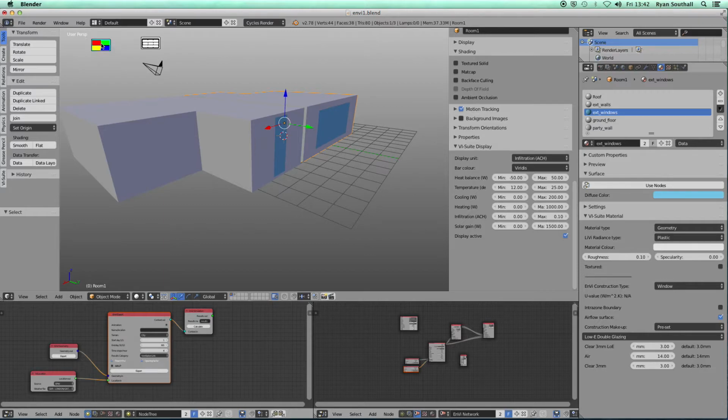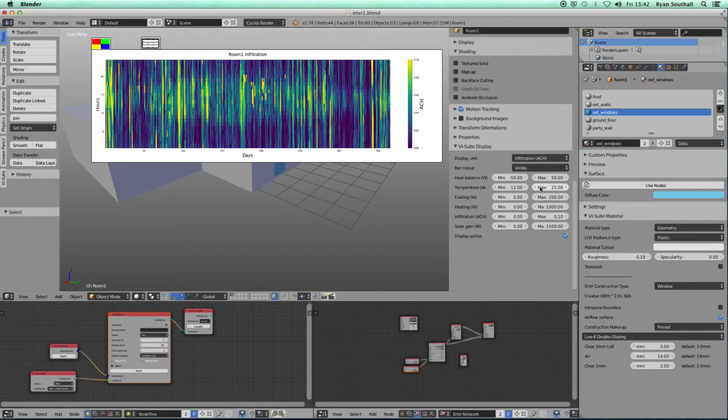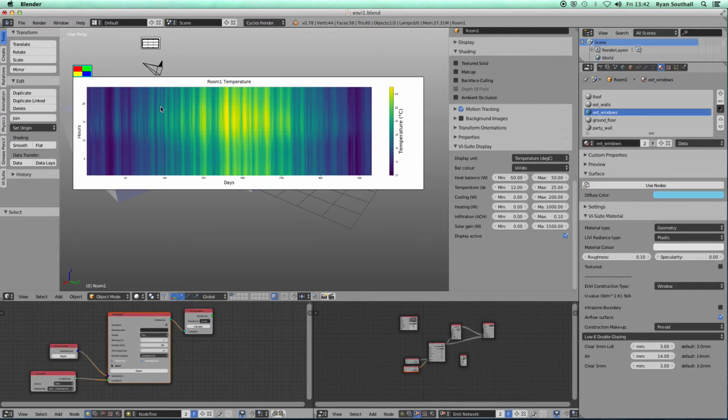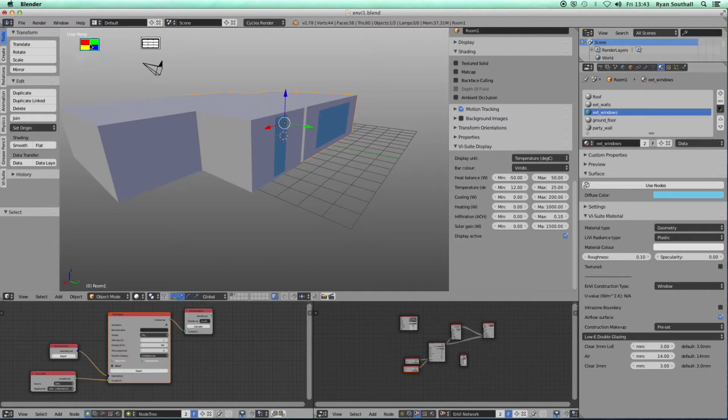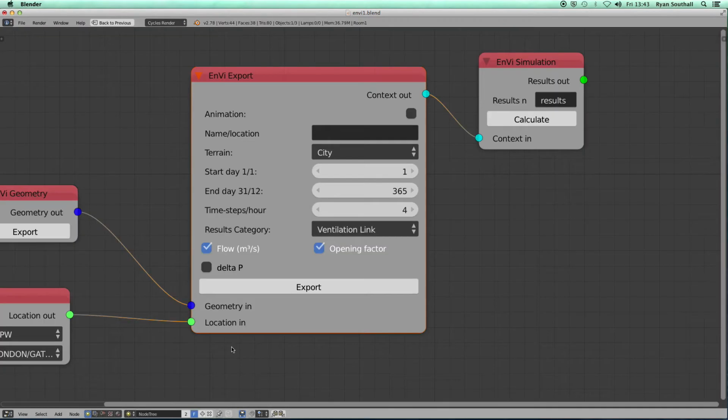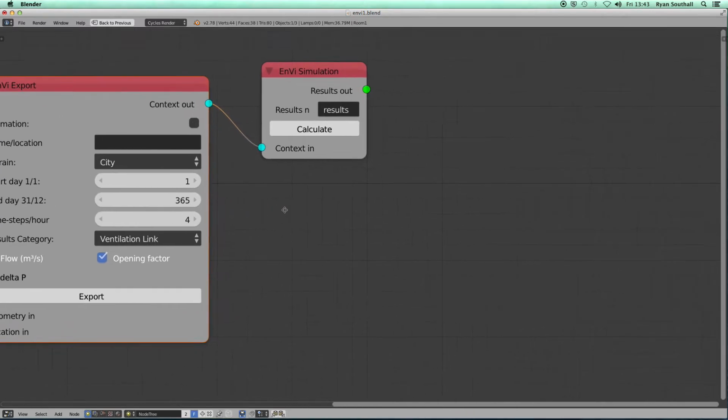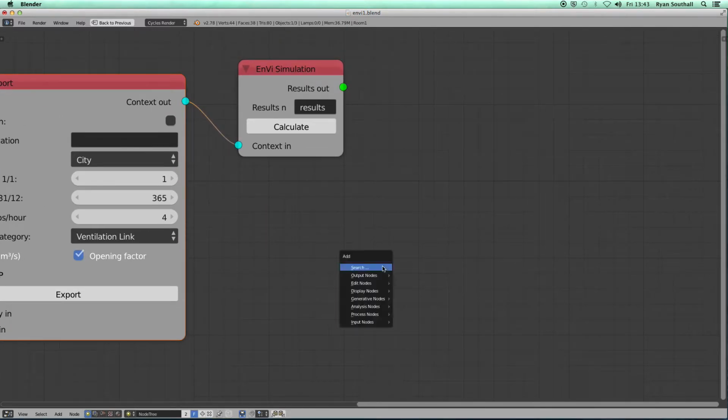We can look at, for example, the temperature within the space. So if I switch this to temperature, we should now see that we don't generally go above 24 degrees Celsius, which is when our windows start to open. If we want to check that our windows are opening, then because we have opening factor selected here, we could come in and